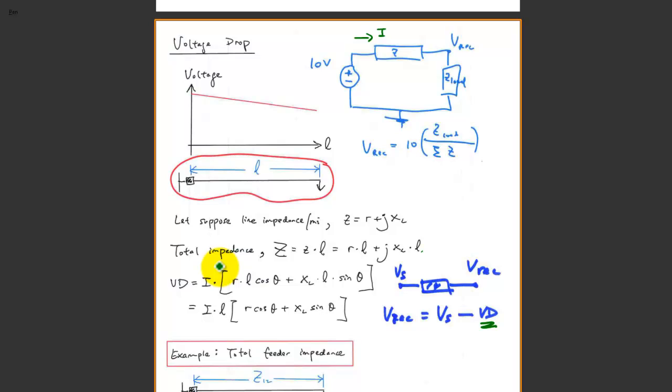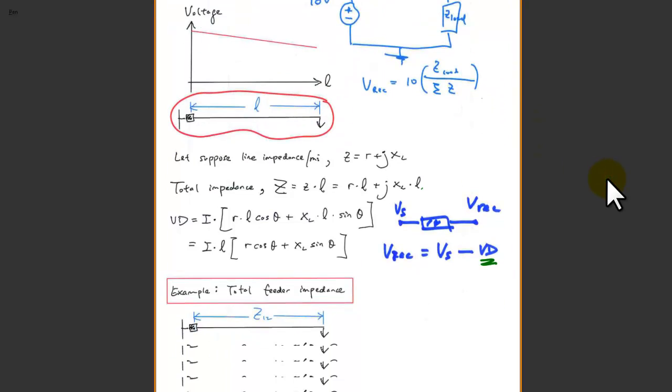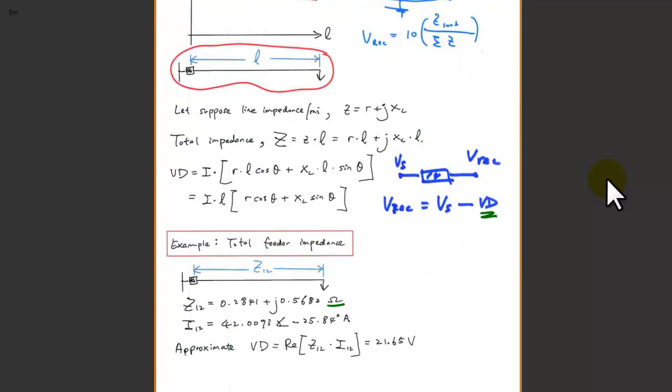So as you can see, this is the source, the receiving end, and then you have the total impedance. Basically, it's the V source minus the VD that gives you the receiving end voltage. I can start with an example to illustrate this